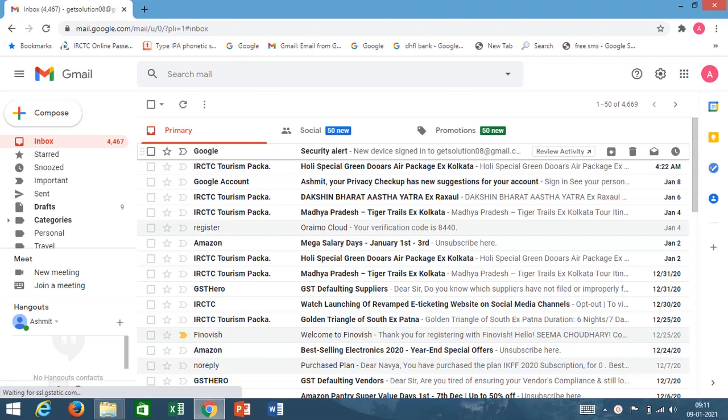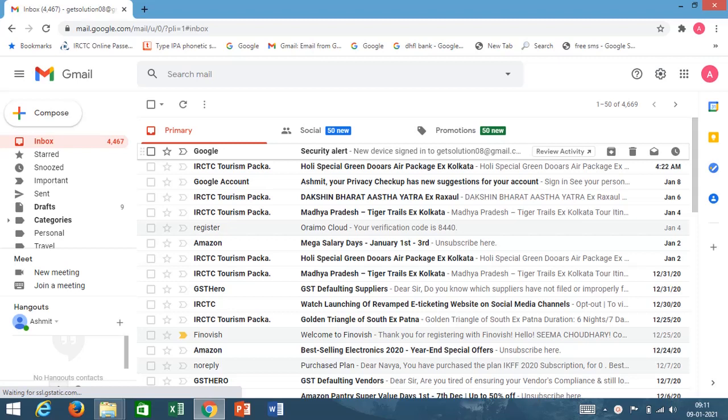What I am going to say is common for all platforms: when you log in with your user ID and password in the email service provider's platform, it will take you to the main page, the service page of the email.